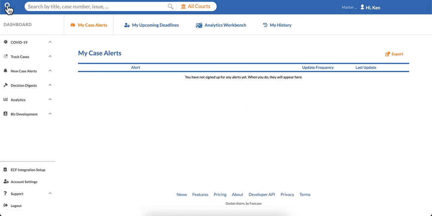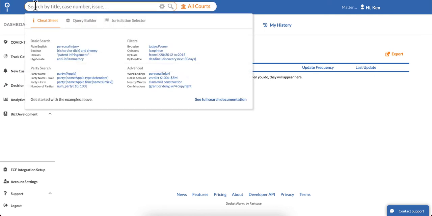Now going back to the main page, you can also run a search via docket number. So to run a search via docket number, you can use the docket number function. Just like the party filter, the docket number filter is going to limit searching a docket number to just that portion of the docket header where the docket numbers are traditionally located. So in this example, let's do